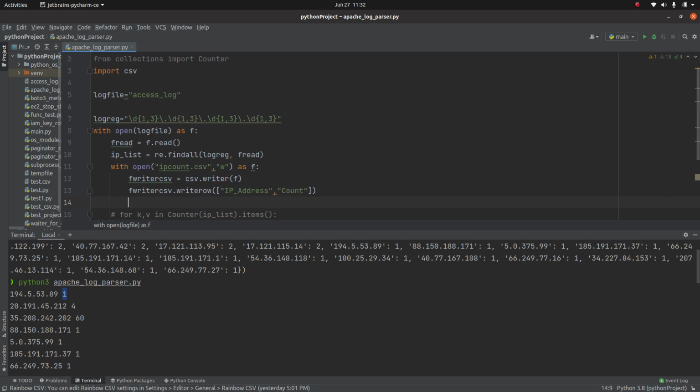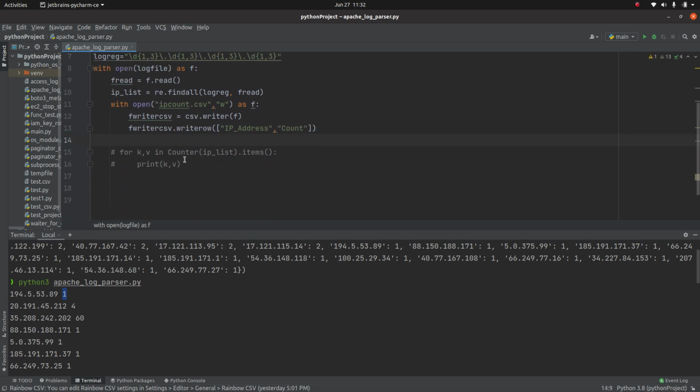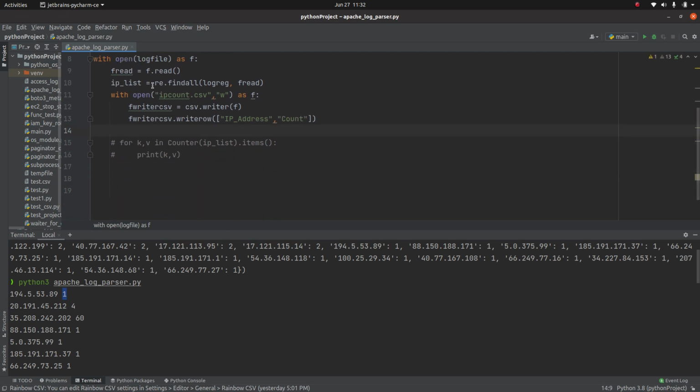Then we need to iterate over this list like we did over here, and write those entries of our IP address as well as the number of counts into that file. So I can use this.